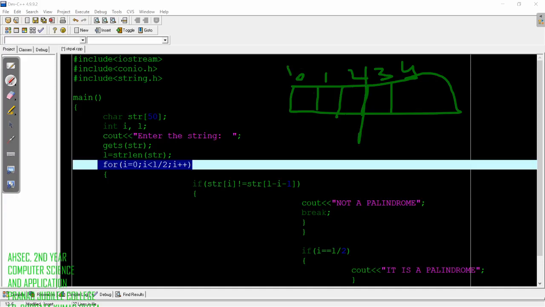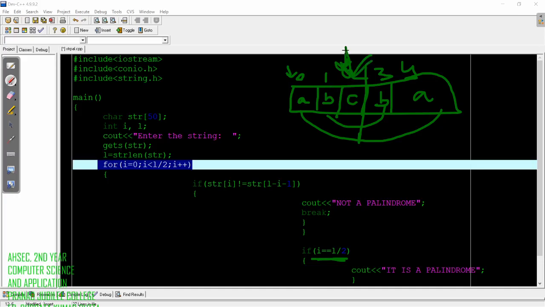So we check whether I has reached from here to here or not. This condition will be satisfied only when all the elements satisfy the condition of palindrome. Only then will I reach up to here. If I don't reach here, that means it is not a palindrome.